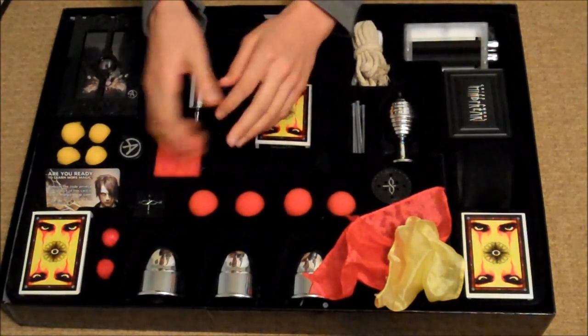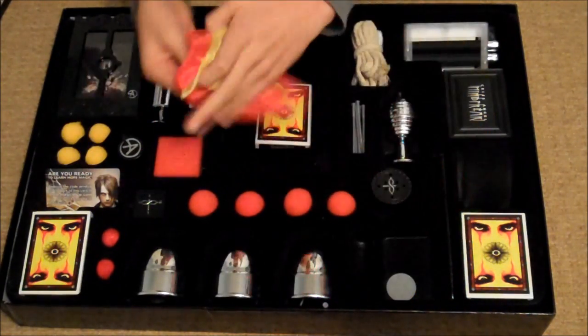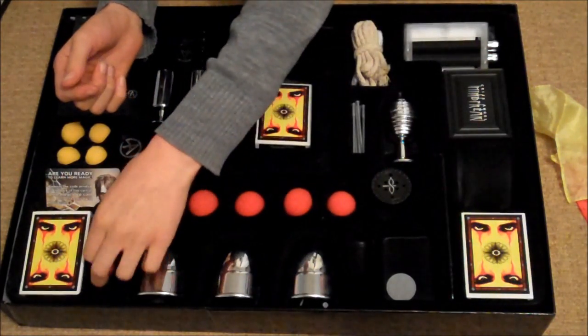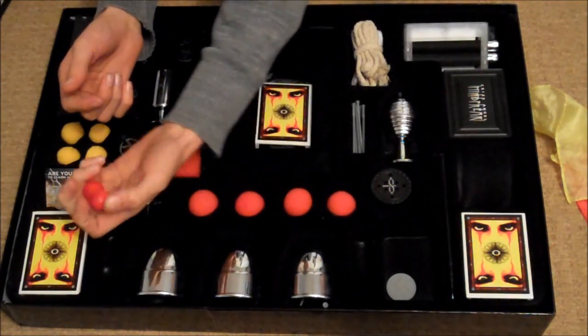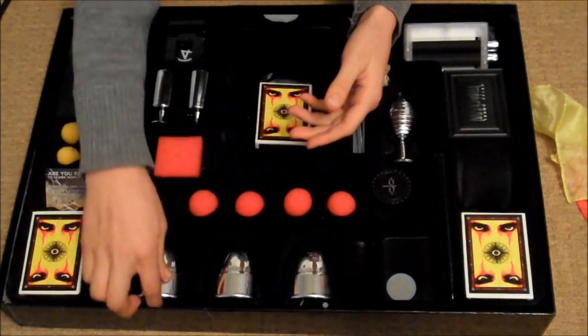Okay, now on to this bottom row. As I said, the 2 silks, we'll get rid of those. You've got the decks, we'll get onto those in a bit. You get 2 balls for a trick that comes with these, but first I'll quickly go over these